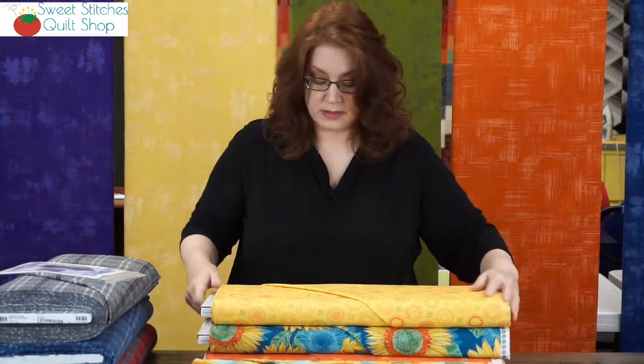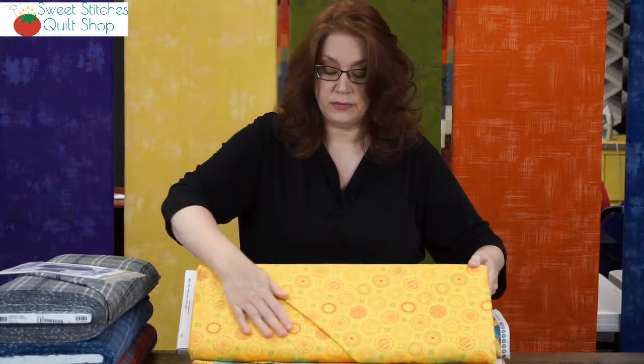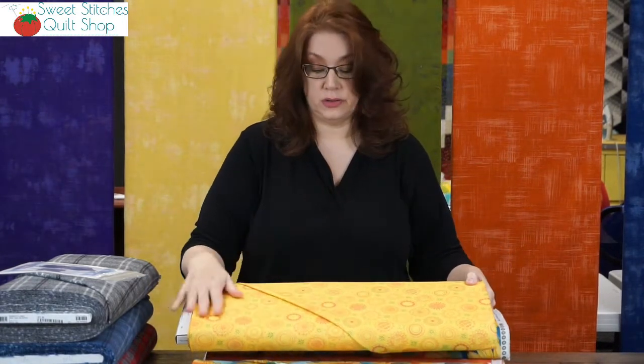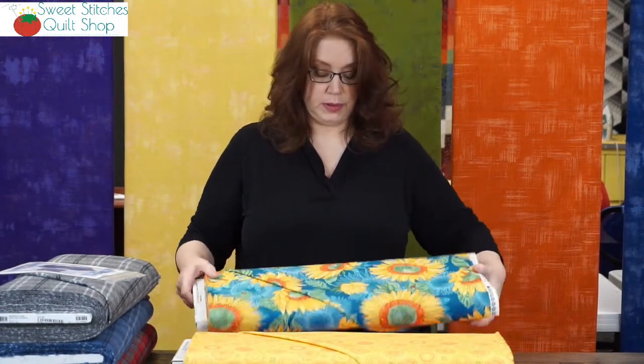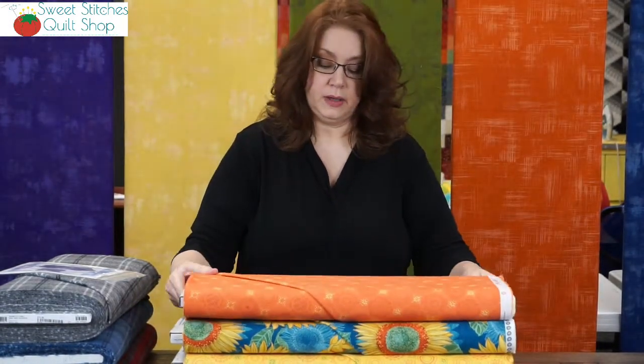And there's a couple of different pieces that go along with it. This cute little sunflower fabric in yellow, and we have this in other colors too. I think there's an aqua and a green. This is the blue, and again with the little sunflowers, this is the orange colorway. Really pretty